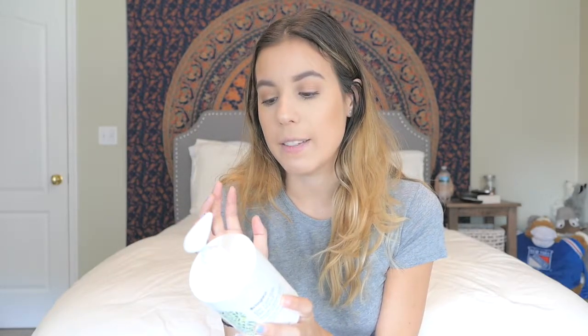So I'm just going to read you a little bit about what it says on the back, because there's so much information that it's going to be hard for me to relay it to you guys without actually just reading it. So it says, be gentle, be kind. Avocado Quinoa Co-Wash is a 4-in-1 formula that effectively cleanses, conditions, detangles, and nourishes your hair. This hydrating, no-suds cleanser removes impurities without stripping the hair of natural oils. Moisturizing shea butter, nourishing avocado, and quinoa extracts enhance the manageability and healthiness of the hair, which is definitely something